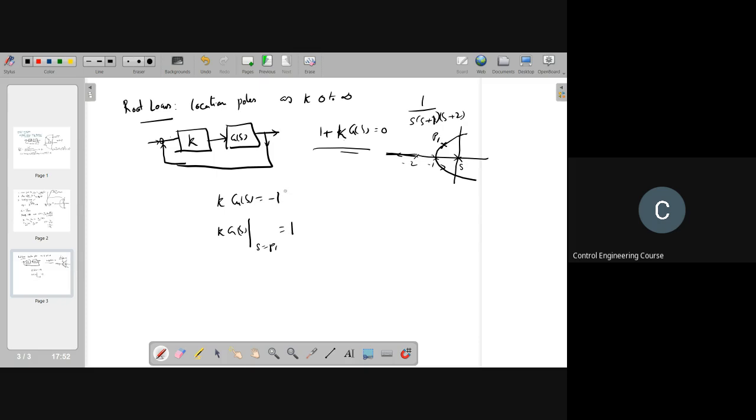This is 1 at an angle of 90 degrees; you can write it like that in polar form. So by substituting the position of pole p1 into the open loop transfer function and equating the magnitude to 1, you will find k. Like that, we also calculate the angle deficiency. Every point on the root locus satisfies the angle criterion, that is, the angle at this point is 180 degrees overall. So these are the two conditions every point on the root locus has to satisfy.